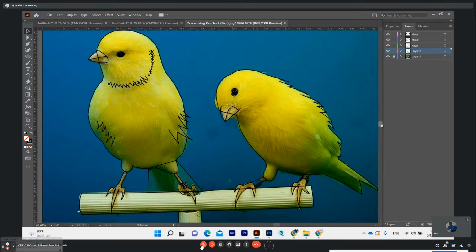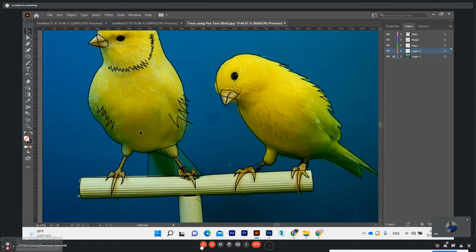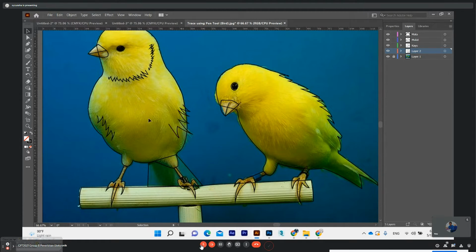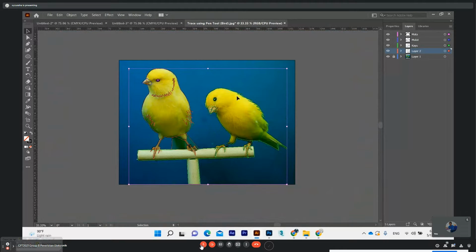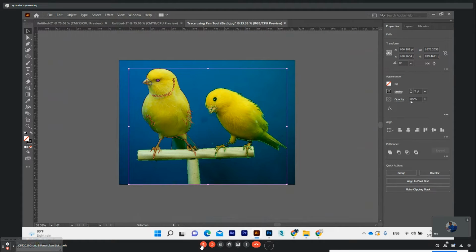Okay, for the line, if you want to bold your tracing line, you can adjust the point on your line by select all. If you want to change the point, press the Control A on your keyboard, so it will appear like this. Then go to the properties, then adjust the stroke point. Okay, and for example this stroke point at the 2, so if you want to change to 3, so